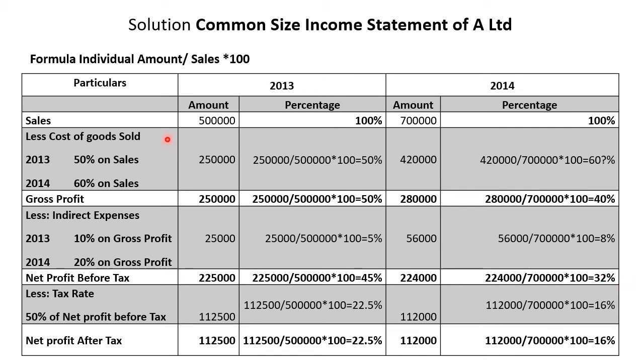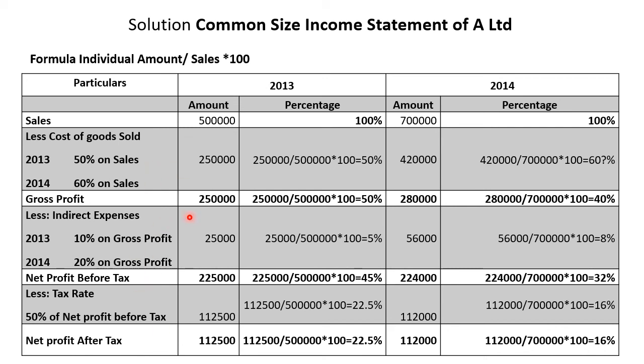Okay, let's have a recap now. What are the things you're supposed to do? First you find out the operating profit, that is nothing but sales minus cost of goods sold. You get gross profit. From that you'll be deducting all the expenses, maybe indirect or administrative or selling expenses, whatever is given in the question. Next you'll find net profit before tax. If some other income is given, you have to add it over here, before calculating the tax. Next, from this you'll be deducting tax and arriving at net profit.